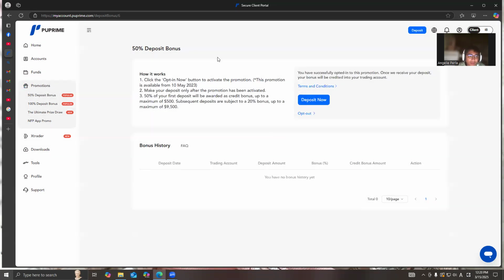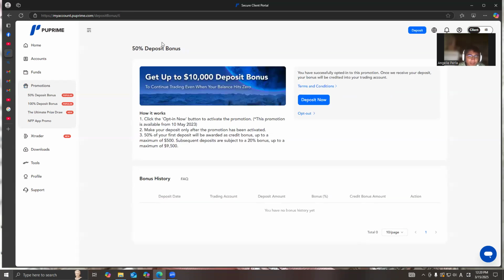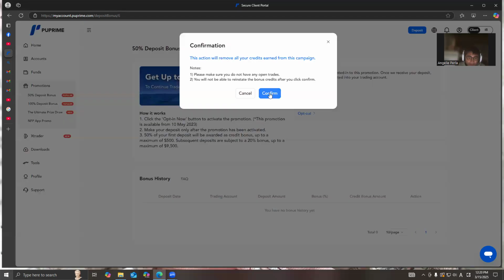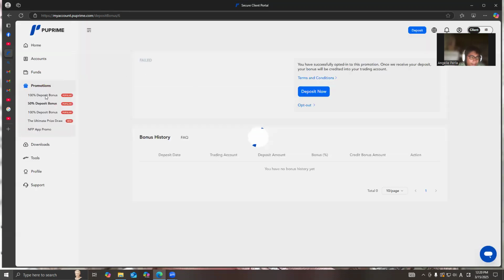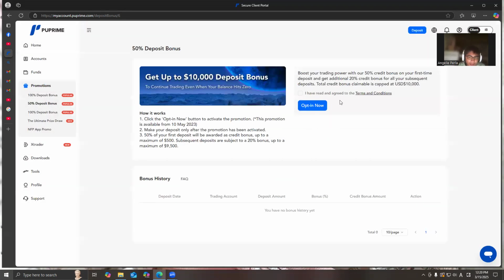Okay, so click the 50% deposit bonus and then click opt in now.